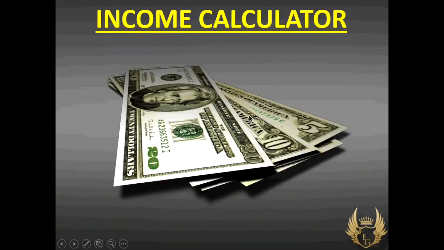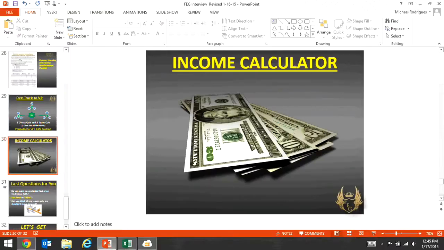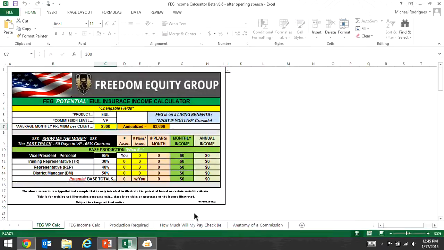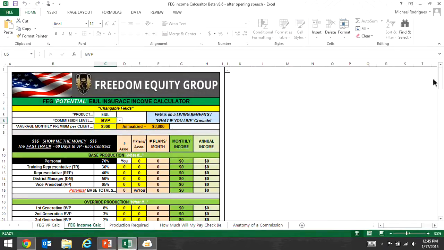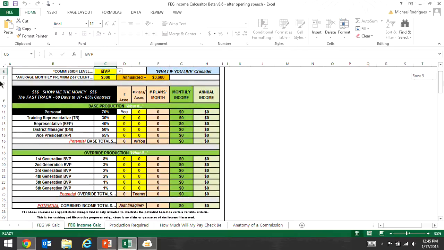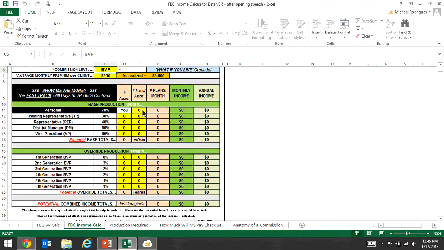I'm going to switch gears here because obviously the goal is to make money. So let me show you how we do that. As a builder's vice president, if you were just helping 2 families a month, you'd earn an income of about $60,000. Now, for those of you who said, I want to just earn $60,000 a year, well, you can do it